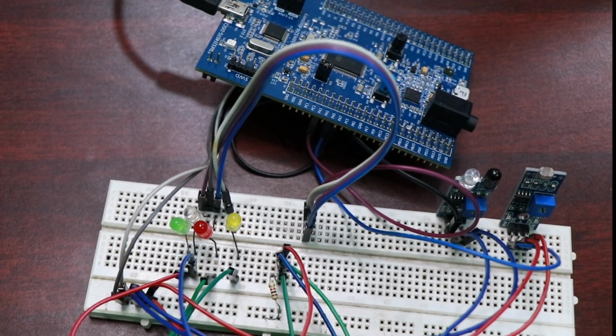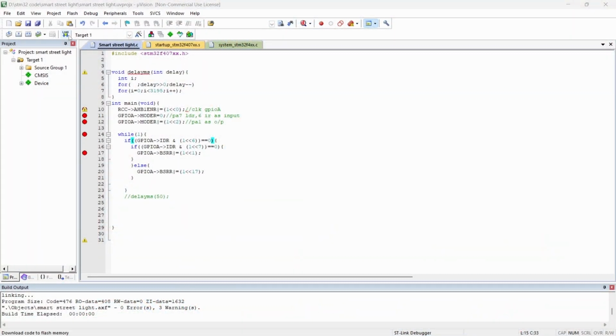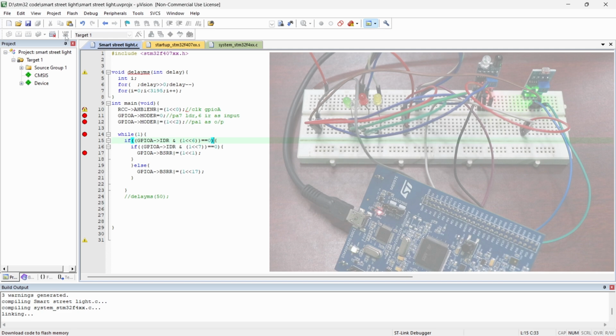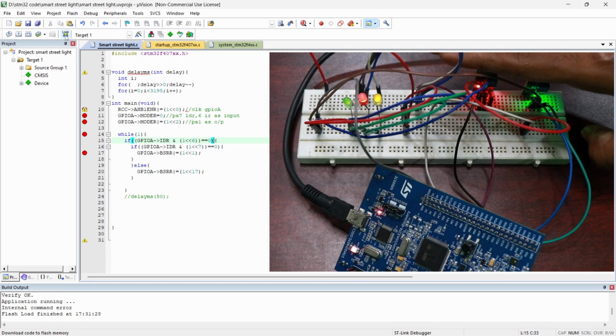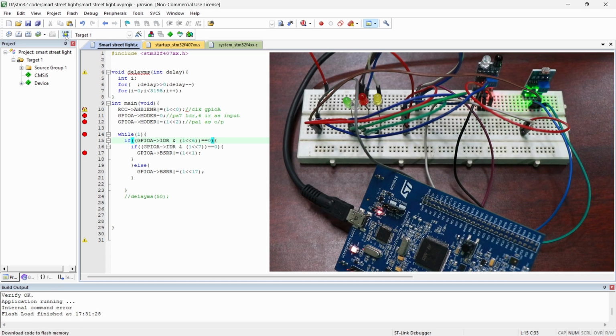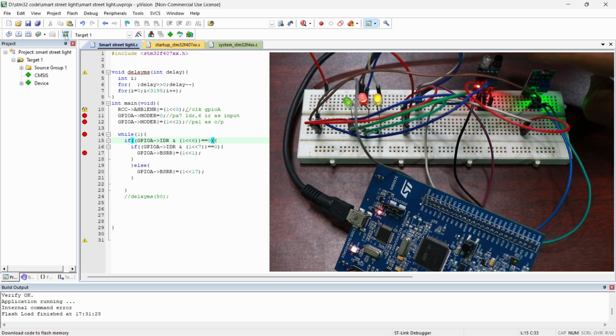Now we will upload the code. Okay. So we have done the connections. Now we will upload this code. Okay. So now you can see the LED is glowing. So the IR is detecting the person, and the LDR sensor is saying that it is